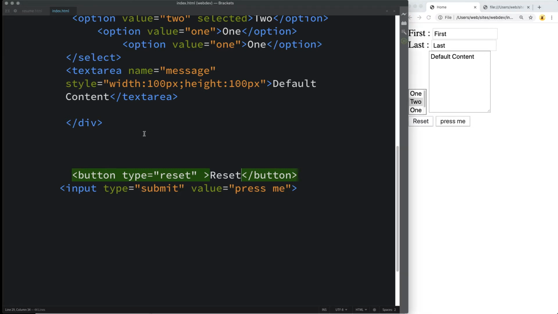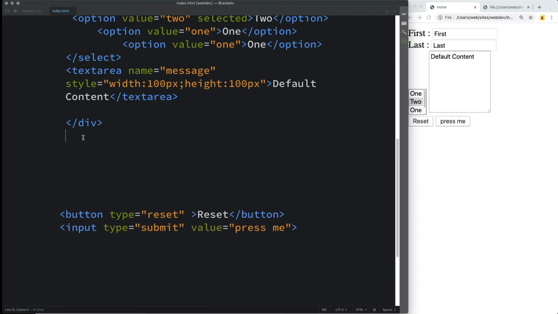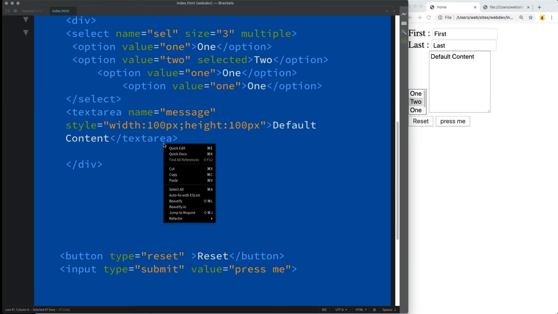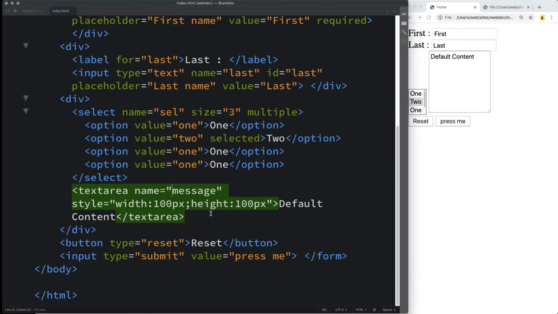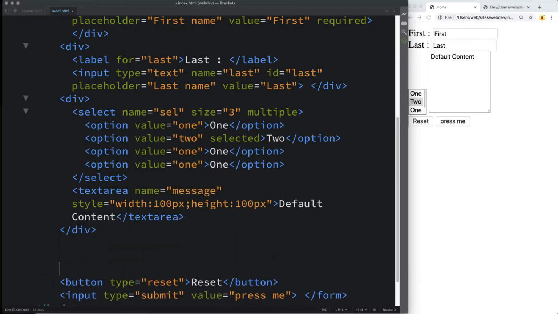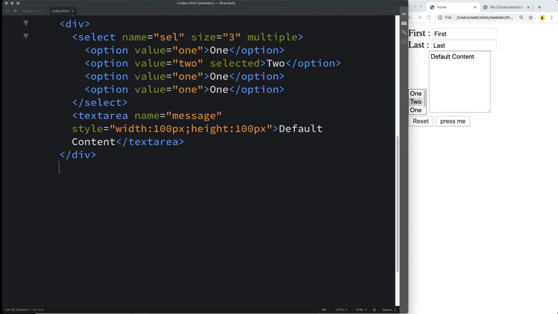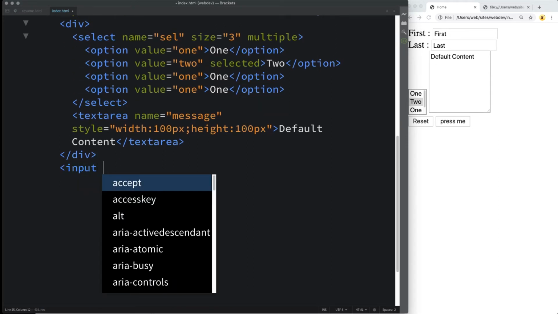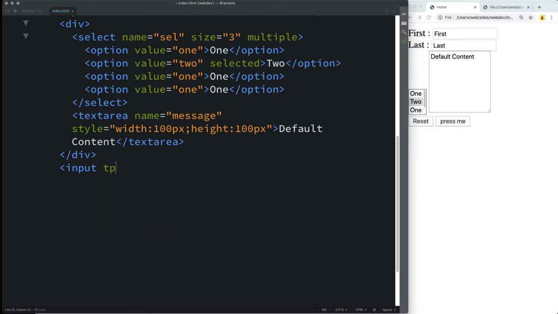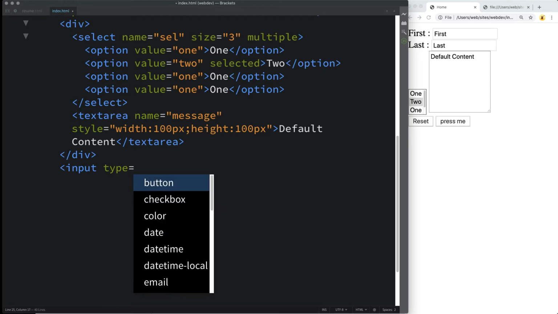So let's go back into the input types, since there's a lot of input types that we haven't covered yet. And the input types, especially with HTML5, have given us a lot more flexibility with what we can do with the different inputs. So we'll just start by going over some of them, and I just did a quick cleanup of the code. I'll move down the inputs just down here below. So specifying the input, and we've already gone over button type, we've already gone over text type, so those are some of the more common types of inputs. So these are all specified with input type.